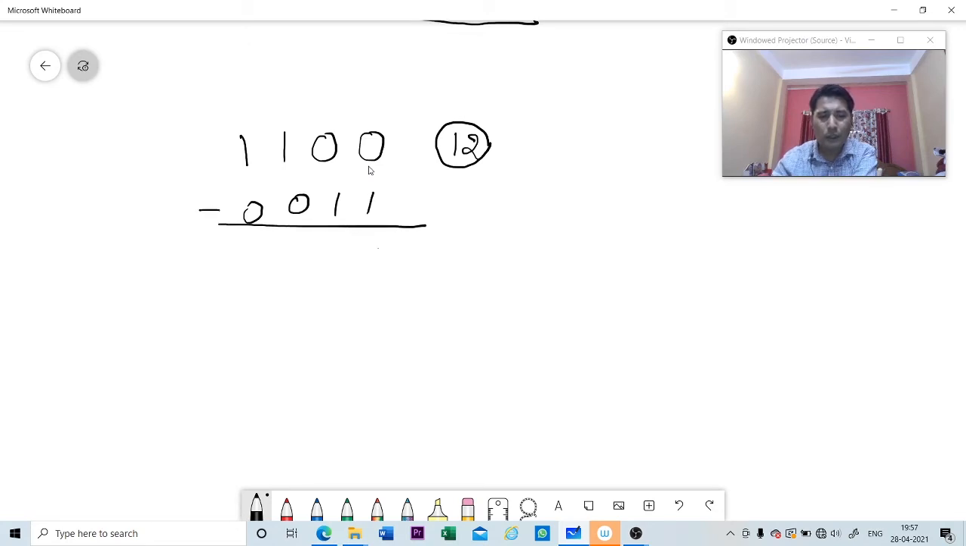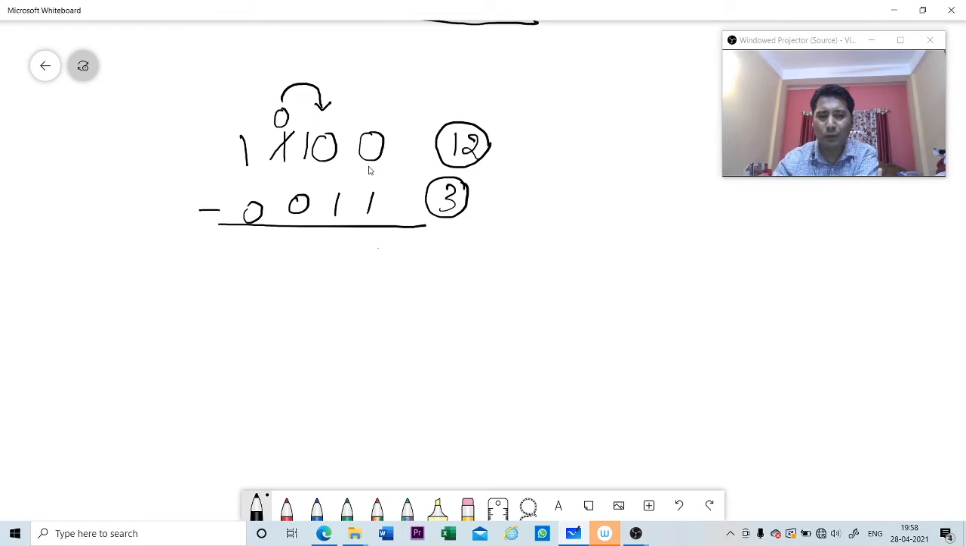So the equivalent decimal number for this binary code is 3. Okay, so as we know that we cannot subtract 1 from 0, so we need to borrow the number from the next highest number. Again, if we cannot subtract the number 1 from 0, what I need to do is borrow from this 1. So when I borrow the number from this 1, it will be 10, and this will be